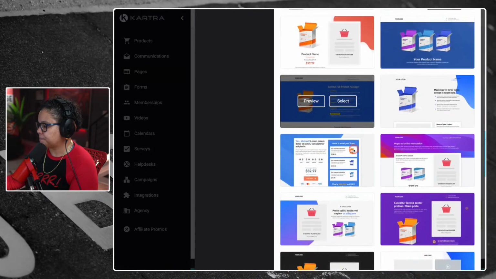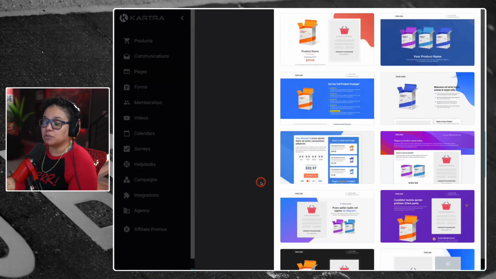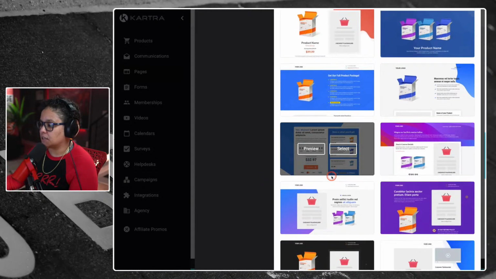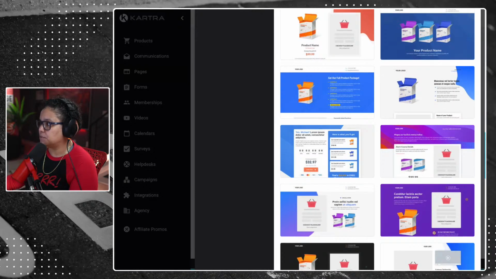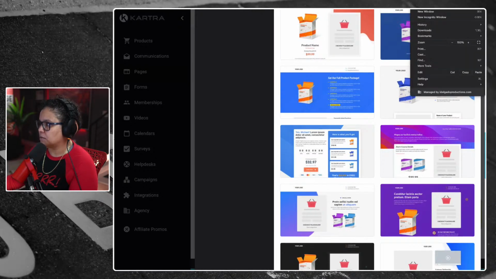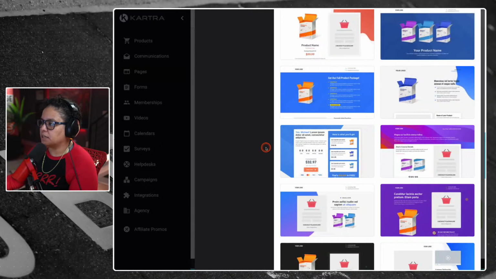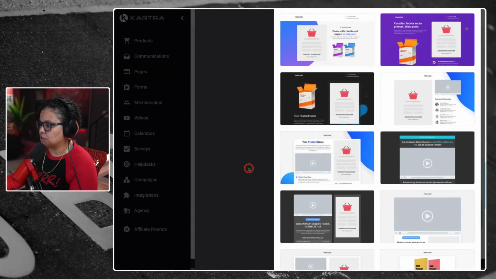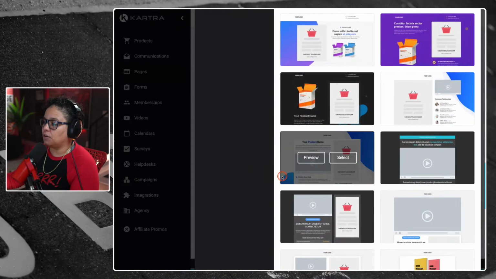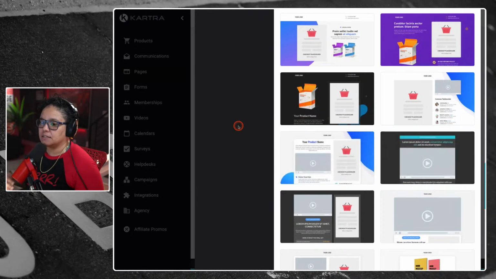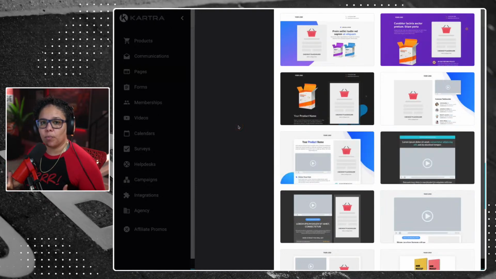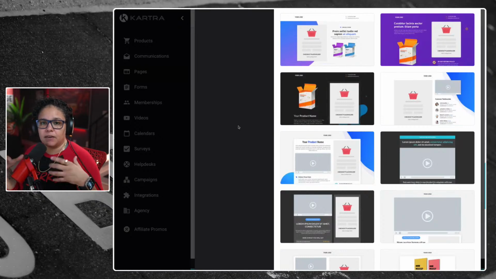They have like a countdown timer. So if you were doing a special sale for a particular product, you can see that there's a countdown timer. Did this open up a new tab again? Let me make sure. Okay, no, we're good. And so if you wanted to look at something, I'm just going to scroll through. You can even do a video. I do like that. I did say that that's one thing I want to start incorporating, of doing like a video